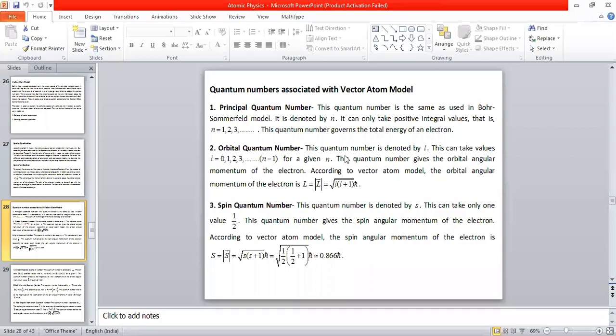Yes. Now let us try to understand what are the various quantum numbers associated with the vector atom model. Just I would like to give one glimpse. In Bohr's theory there was only one quantum number, the principal quantum number, whereas in the case of Sommerfeld's theory we encountered three quantum numbers. One is the azimuthal quantum number n_φ, another one is the radial quantum number n_r, and we